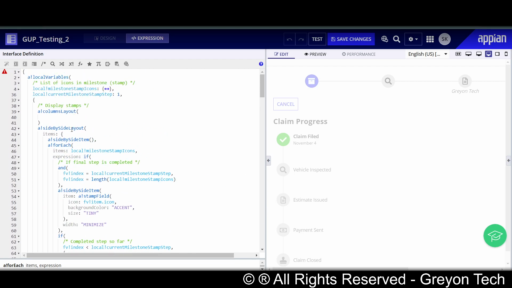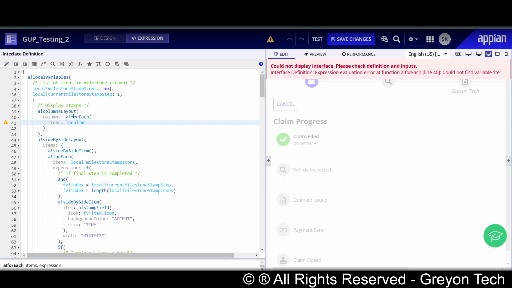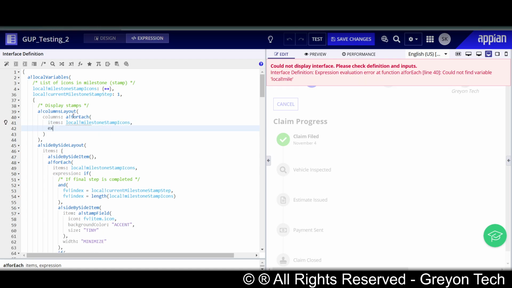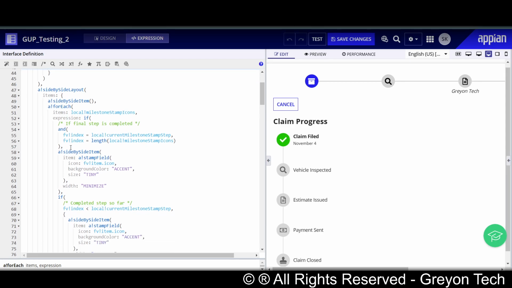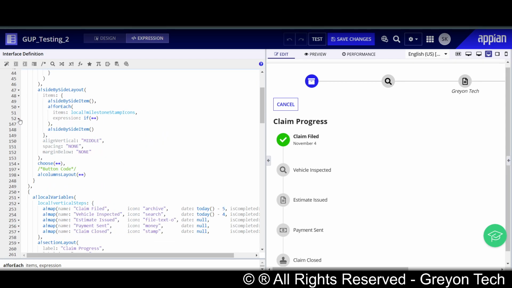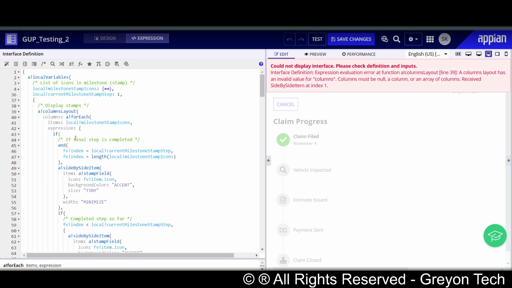So technically we were doing the same thing. A bank columns layout, for columns, we are defining it now. A bank for each, items, local bank milestones, stamp icons, expression. Now this is the main part. This is something we have to copy completely here. Instead of side by side item now, what we will do,